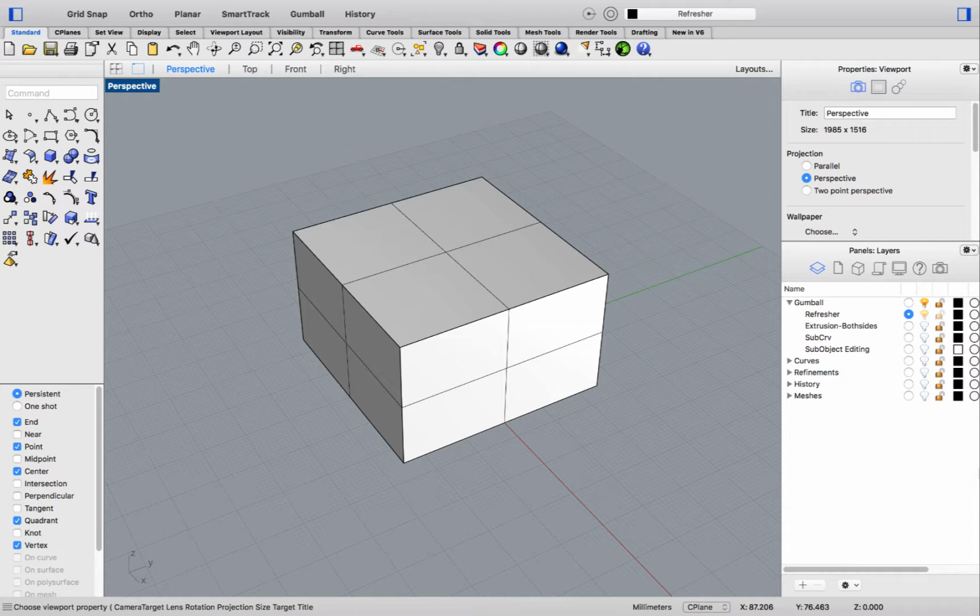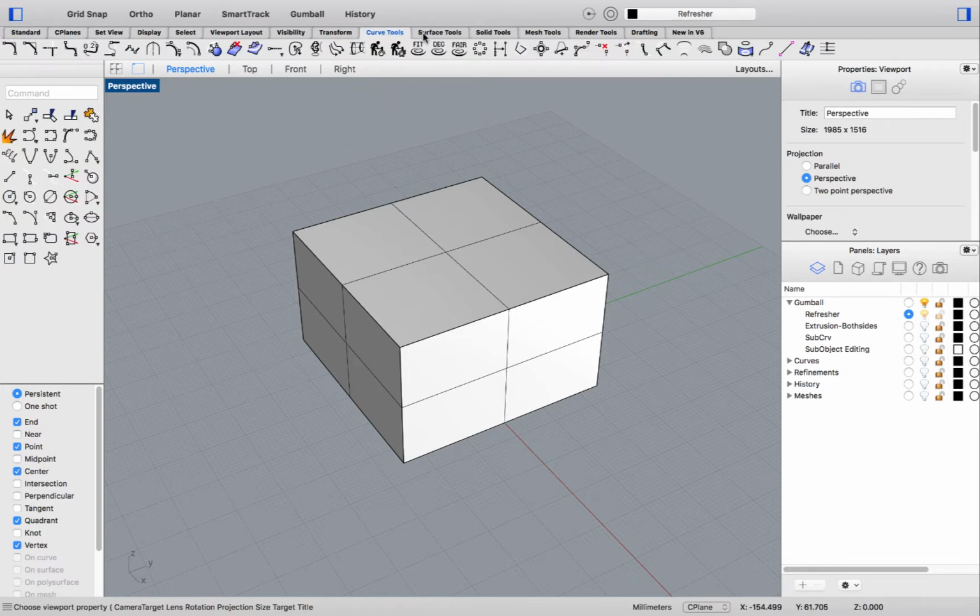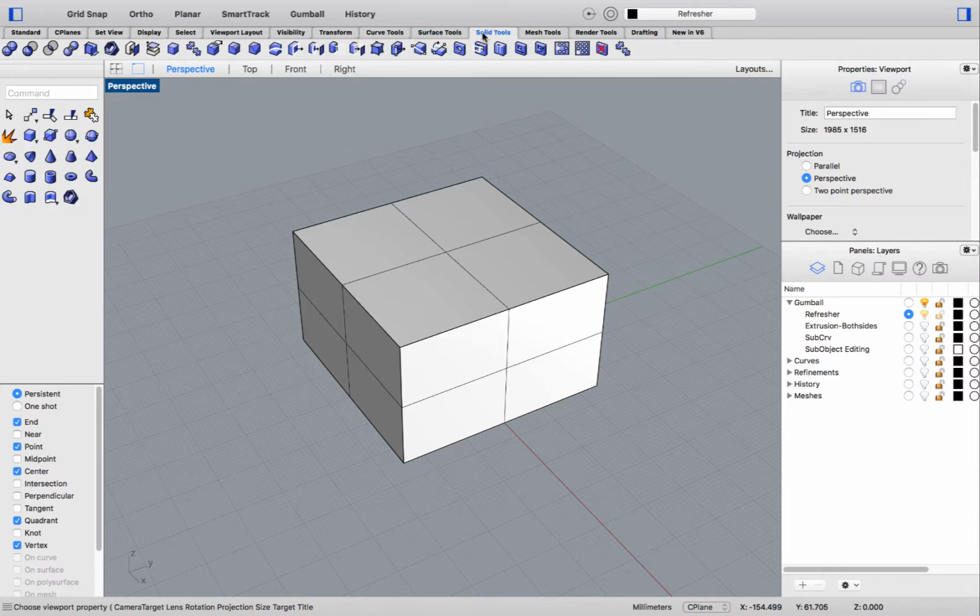In this chapter, we will be demoing some of the new features related to modeling and editing in Rhino 6 for Mac. Before we get started, you might have noticed that my UI might look a little bit different than yours. That is because I have activated what we call the ribbon bar. The ribbon bar is composed of different tabs that allow me to quickly select tools related to different geometry types